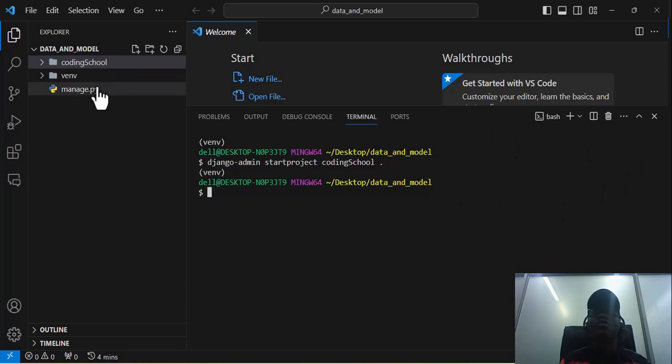Now you have created your project, which is the coding school project. Now each project has an application. So the next step now is we create our application, which is under the project. It's just the way Django works. So now to create an application, you go Python. You can decide to use python, you can decide to use py, it's the same thing. So manage.py, and we say